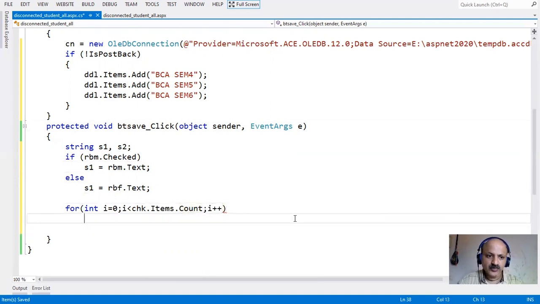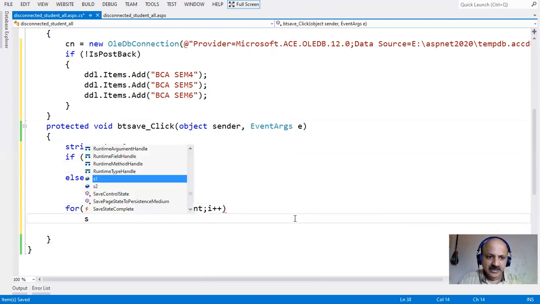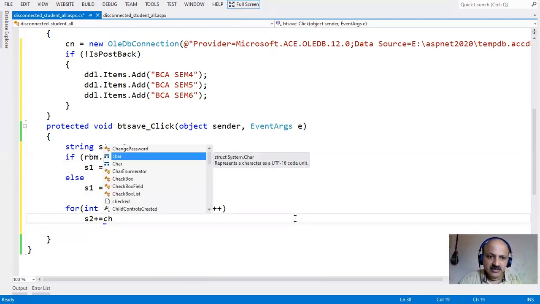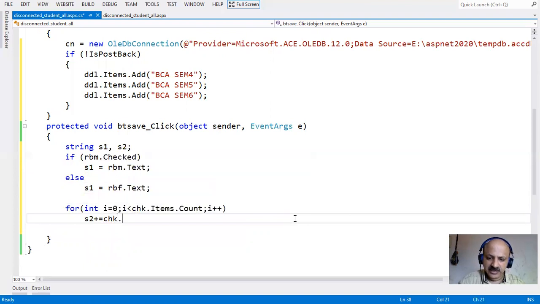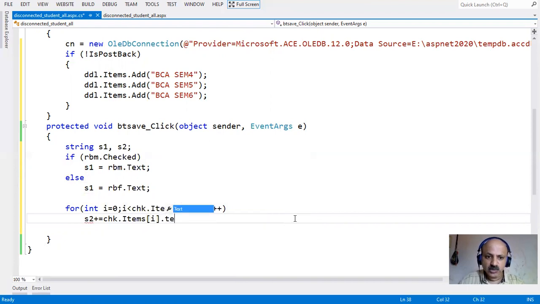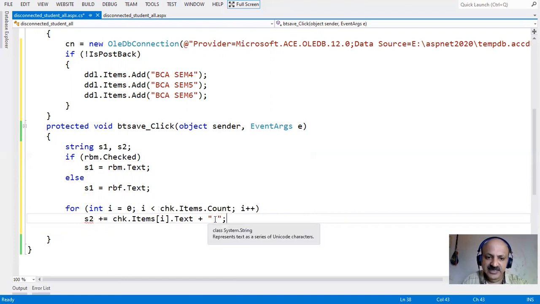And we can take s2 plus equal to, that is a compound assignment operator, and then we can take chk.Items of i, that is a 1D array, so that is Items of i, then Text. And one blank space is required, otherwise all are concatenated.